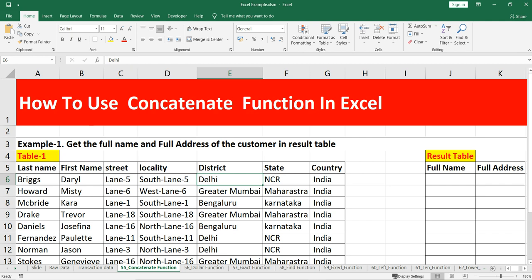This concatenate function in Excel is a text function that is used to combine text from different cells and get the output into a single cell. So this function combines the strings as we instruct it to do. For example, if you want to combine all of these 7 strings and get the output in a single cell, you can do that